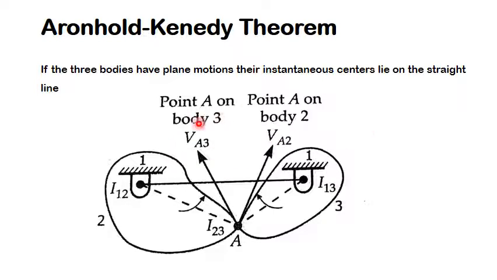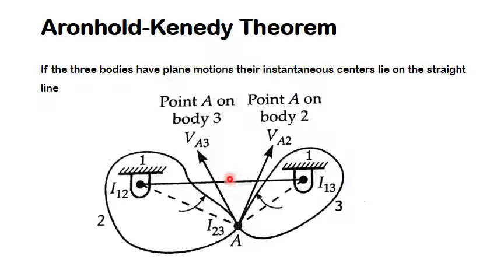So because of this, I cannot consider I23 as an instantaneous center, because I23 gives me different values of velocity and different direction of velocity, when I consider this point as belonging to different links which are involved. So this will be only true when I23 lies on a line connecting I12 and I13. So if I23 is a point somewhere on this line, then only this